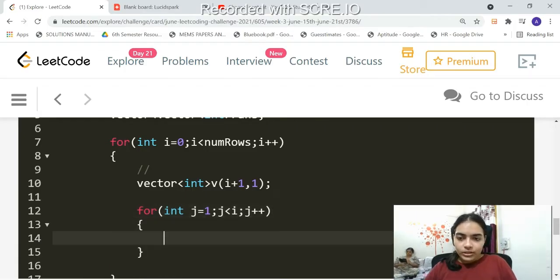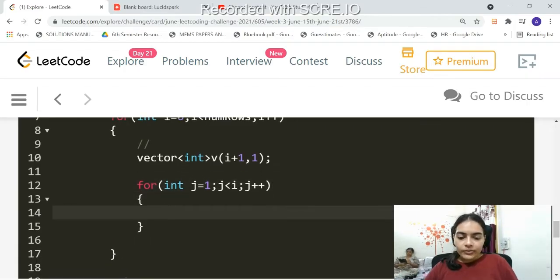Now what can we do? For iterating over this, we have to just give a single statement, simple. So the vector v is what we are changing. Which index? The jth index. What will it be? It will just be, let me write, sum of above two boxes. How do we get the sum of above two boxes? You can simply use answer.